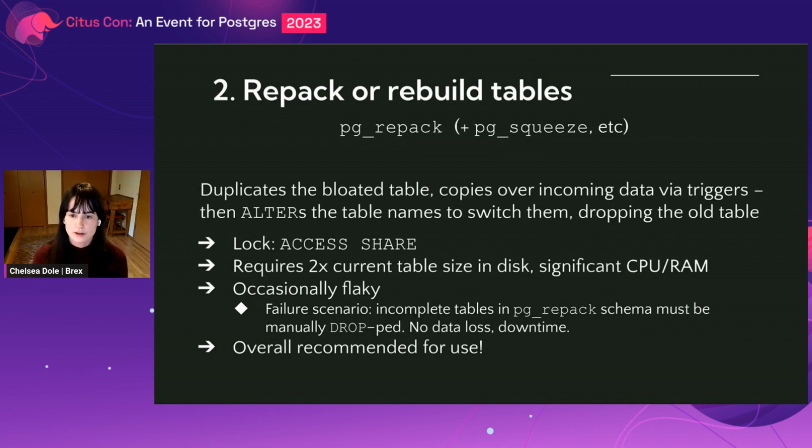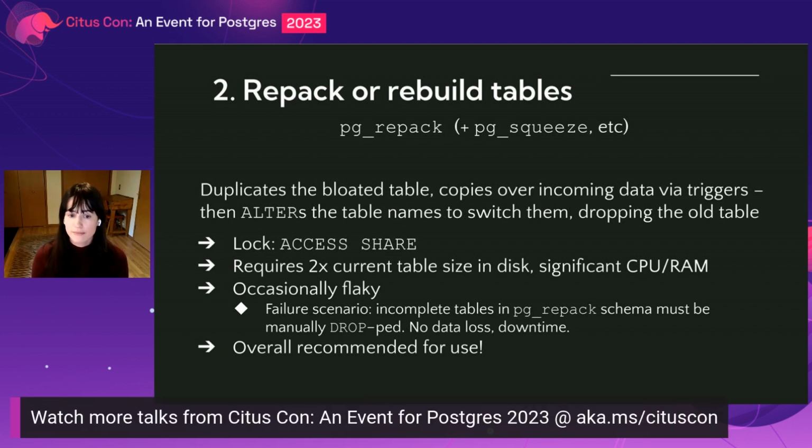Instead, you can use PG repack or PG squeeze. This will duplicate the table, copy over the incoming data via triggers, and alter the table names to switch them under the hood, taking an access share lock. This requires 2x the current table disk in space and a good amount of CPU and RAM,